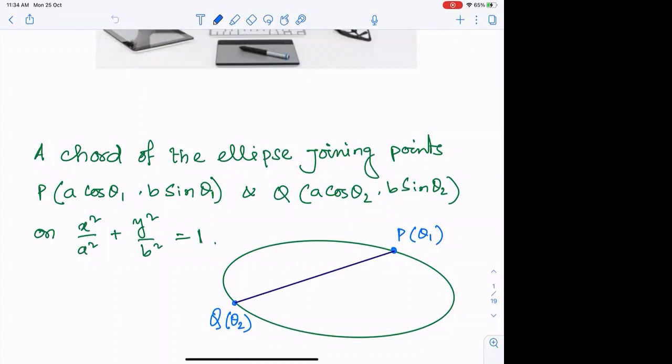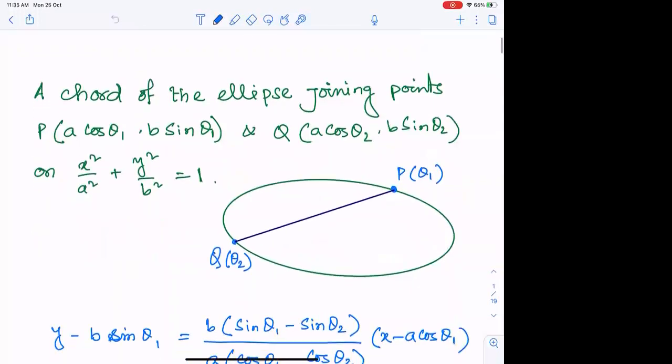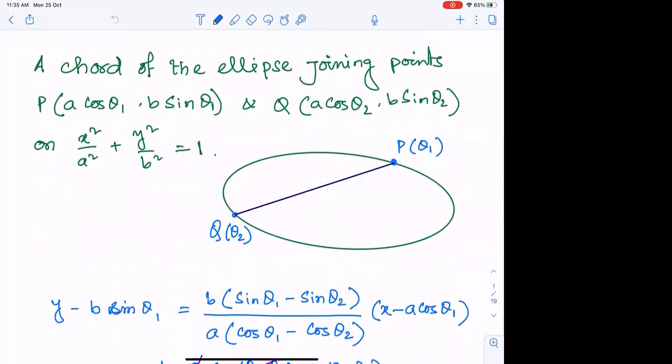So why are we discussing this, even if we can find the equation of the straight line in 2-point form? Basically our target is to have the equation in such a way that if some speciality is offered in terms of the sum or difference of the eccentric angles of the extremities of the chord, we should be in a position to conclude on that basis. We have started very normally with the 2-point form of representation for the straight line's equation.